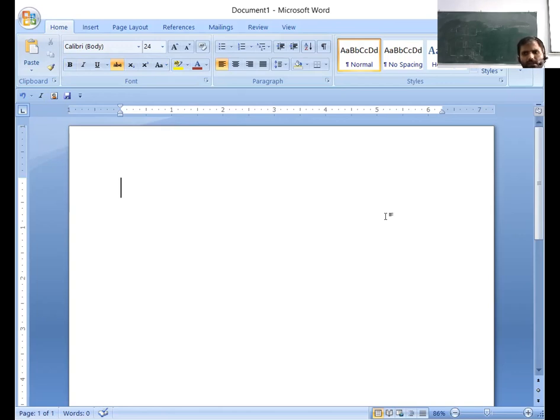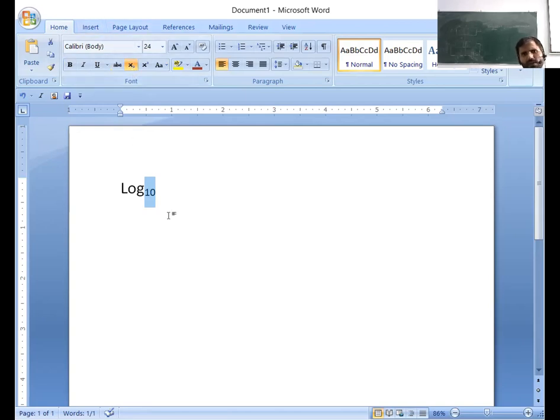So I have an example of subscript: log 10. As you can see in log 10, the 10 is already subscript. After selecting the text which I want to subscript, go and choose subscript in the font section.